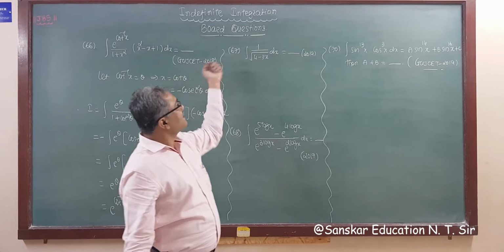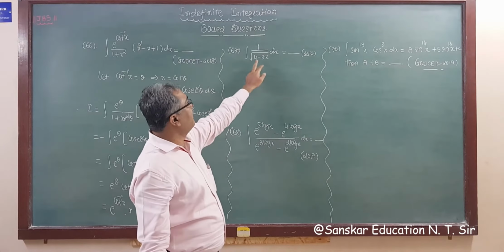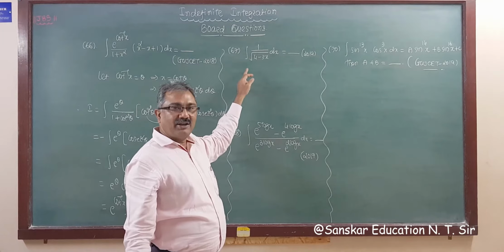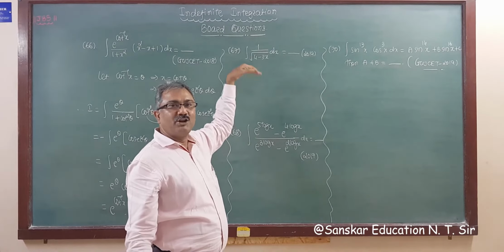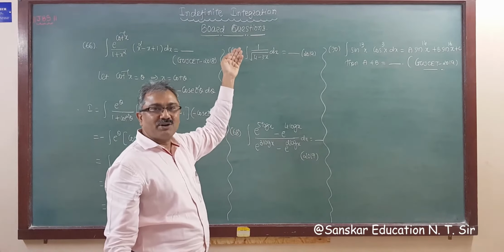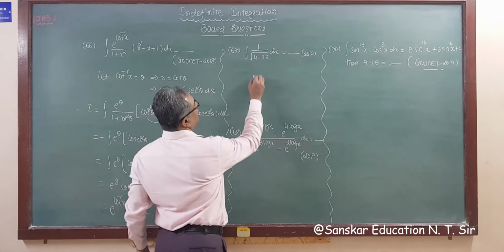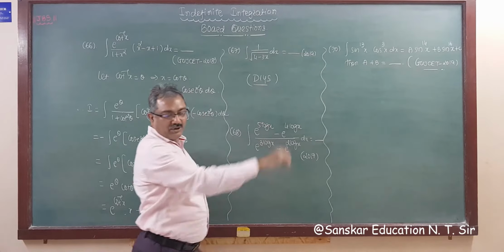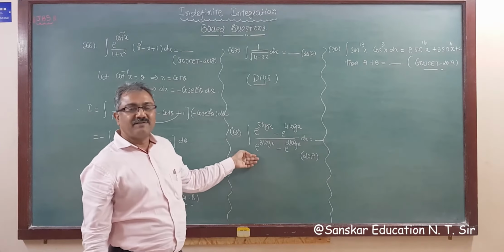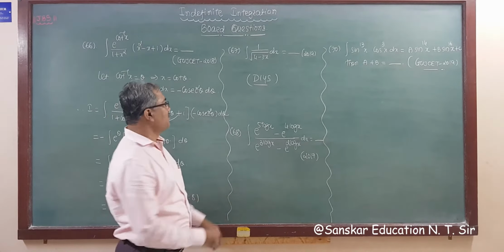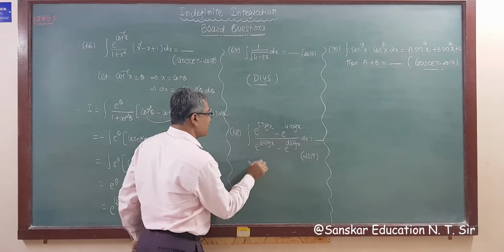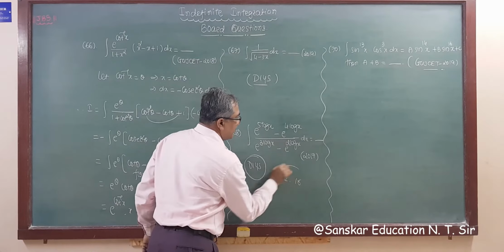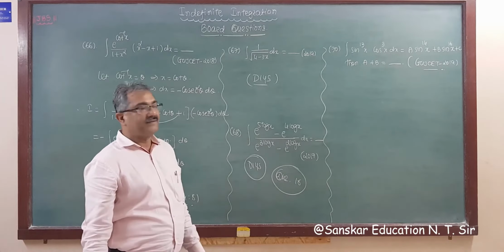Then question 67. The derivative of the denominator is in the numerator, so multiplying and dividing by minus 3 you will get the answer. Derivative of the denominator in the numerator, that is 2 root f x, is your answer. So do it yourself, this is for your homework. Now we did question number 16 the previous day, so you have to do it yourself, right?